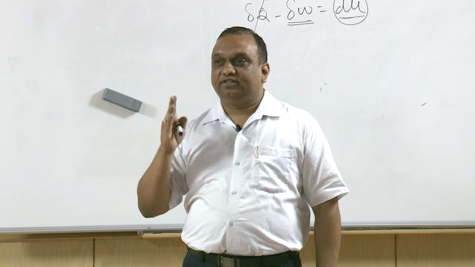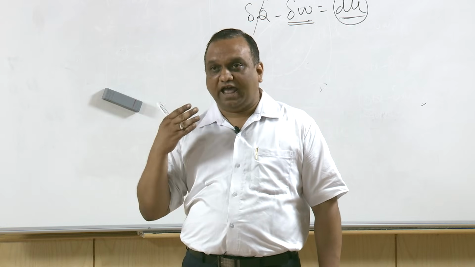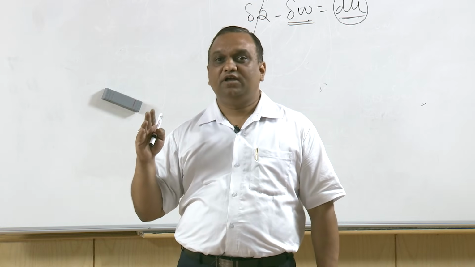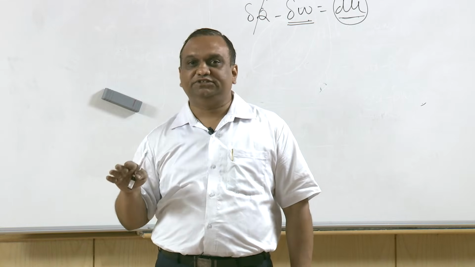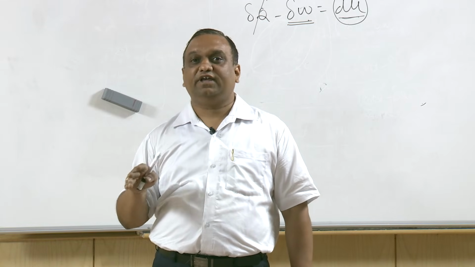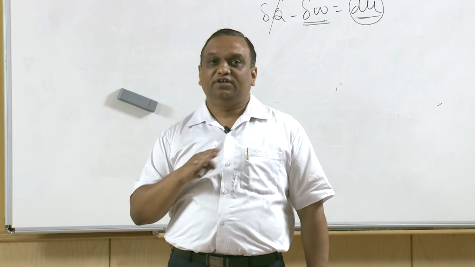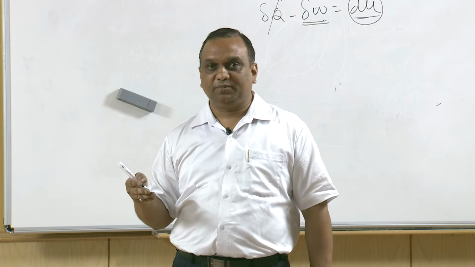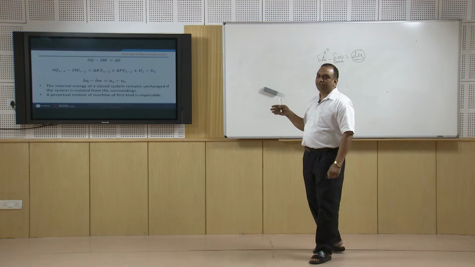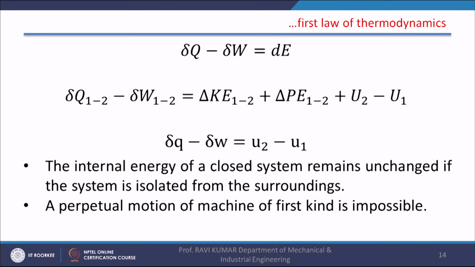It means the machine which does not have any friction losses, and it has perpetual motion by the inertia itself. So, all the machines have friction losses and other damping effects. So, no machine is possible which has no friction and no other damping effect, and it runs by its own inertia. So, these are the three perpetual machines. They are in fact imaginary machines, and from the first law of thermodynamics we can show that the first kind of perpetual machine is not possible.